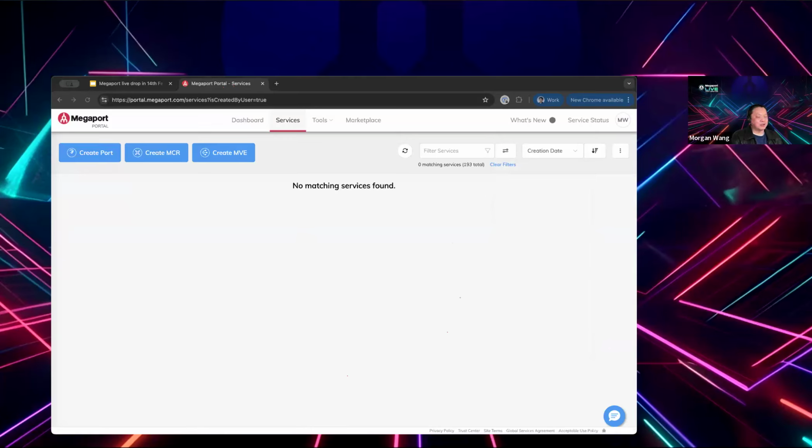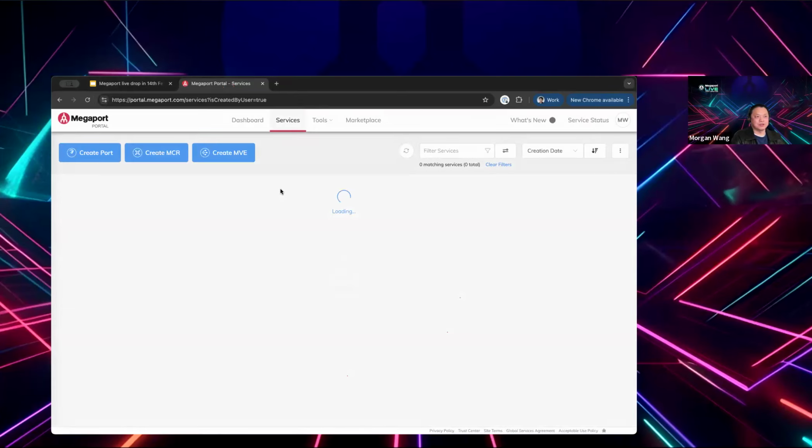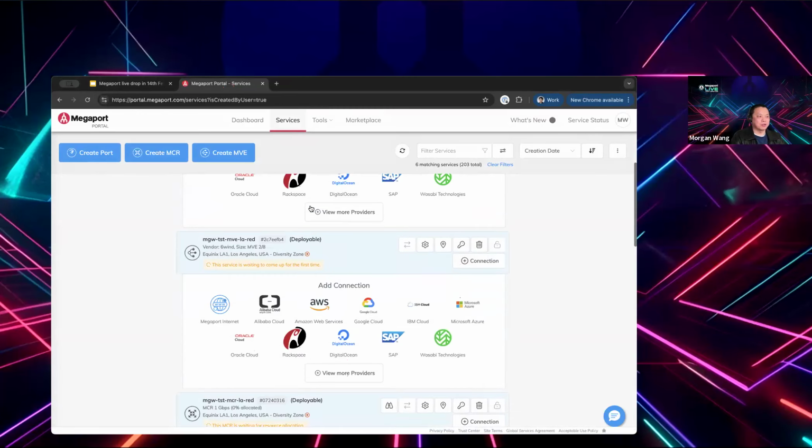I actually have a Terraform running in the background. Apologies, I can't put that on the screen share. But with that Terraform script, infrastructure as code, I can spin up multiple services within a couple of minutes. I am now running my code. It probably takes 30 seconds to 1 minute before the services start to pop up in the portal, but in the meantime, it's already coming up.